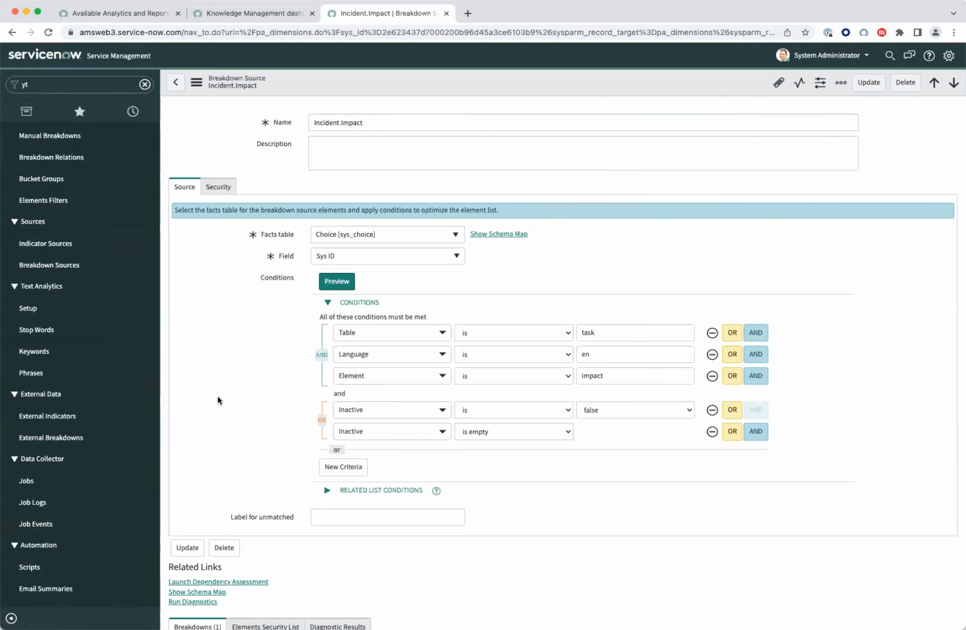Like with indicator sources, the breakdown source is only the first step. With indicators, what we do is determine which aggregation we put on that subset of records. For breakdown source, what we want to do is a bit different. We have a number of open incidents, and we want to break it down, view that by, or group by